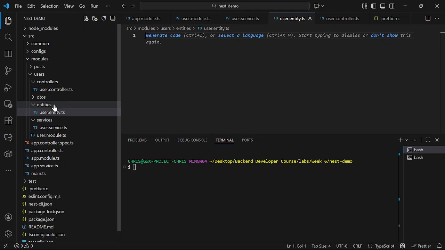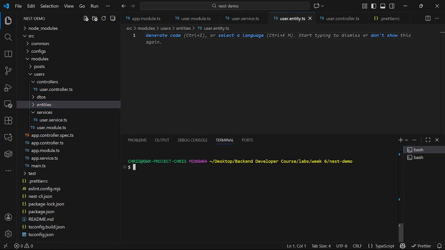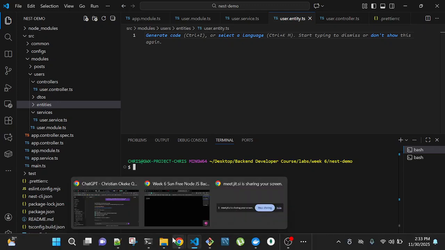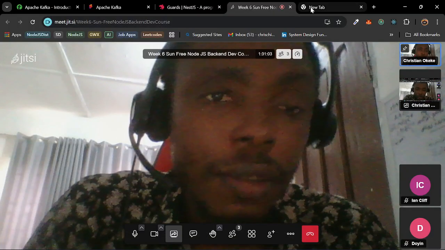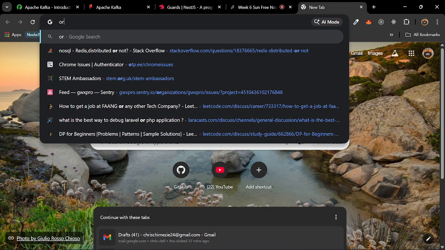Now there's something I need us to understand. There's what we call TypeORM. There's what we call ORM managers, right? We call them object relational mappings, right? Let's do some googling here. ORMs.